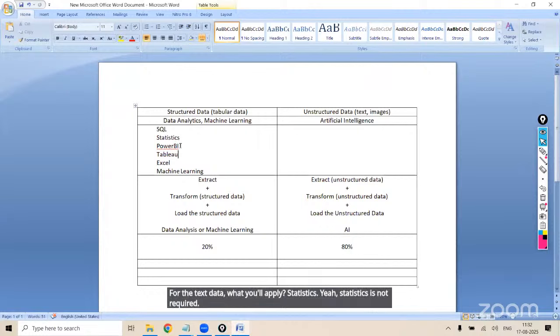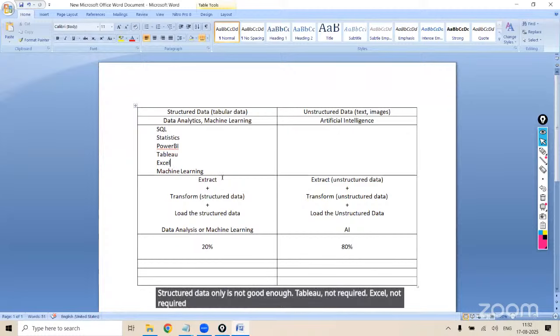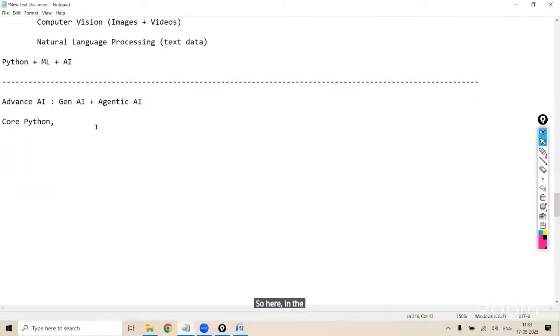Power BI, which is used for data analysis and data visualization, is not needed since structured data is not there now. Tableau, not required. Excel, not required. ML, not required. So here, in the Gen AI program, we are going to work